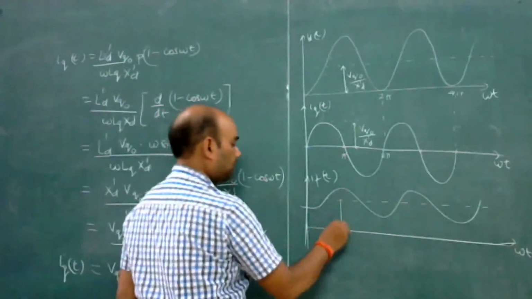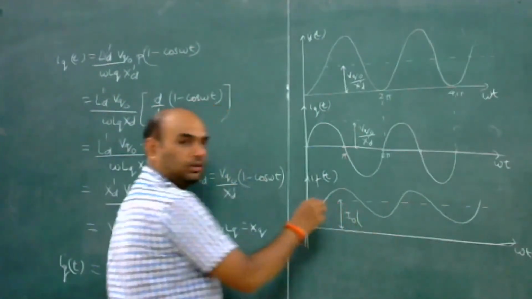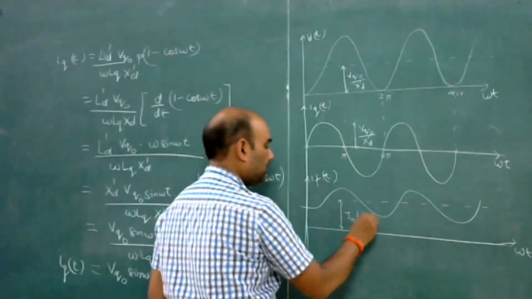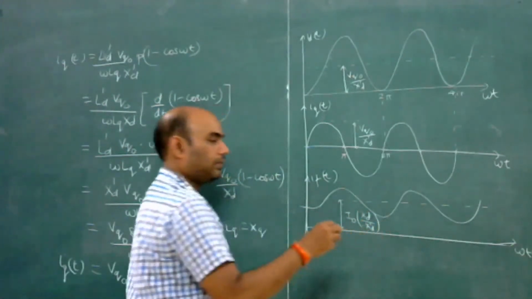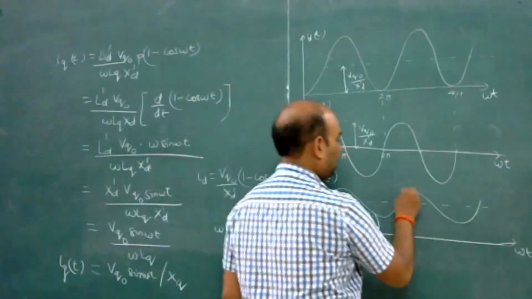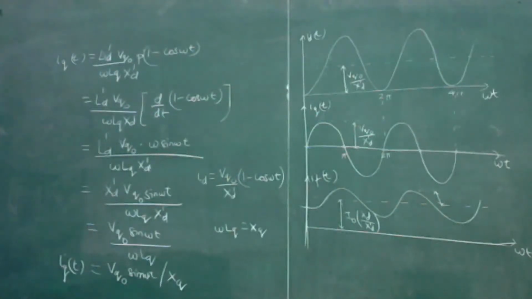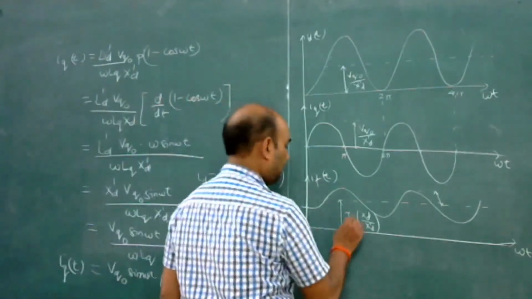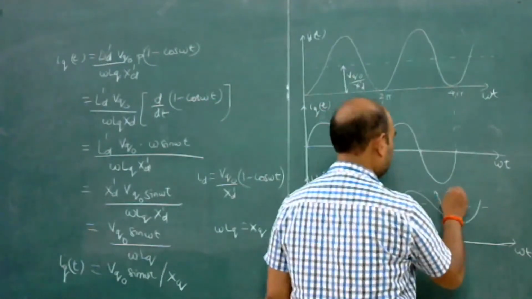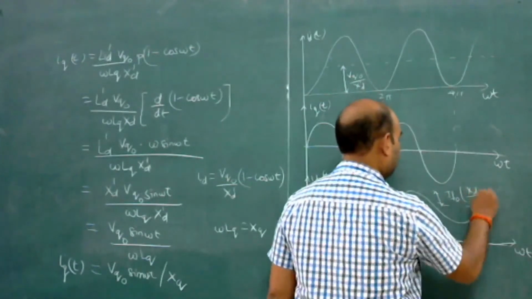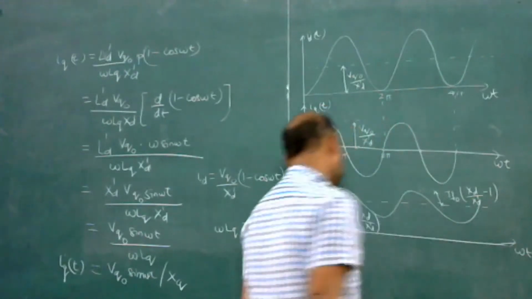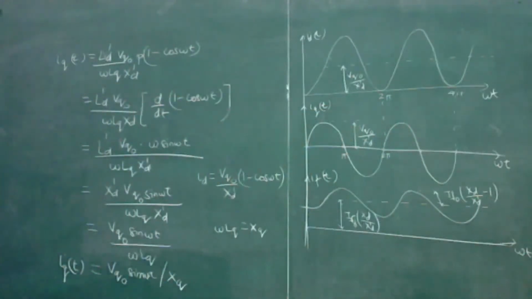Then we will see this is I naught XD upon XD dash, and this value is IF naught, XD by XD dash minus. Okay, so this is the variation of IA, IP, ID and IQ with respect to time for a sudden